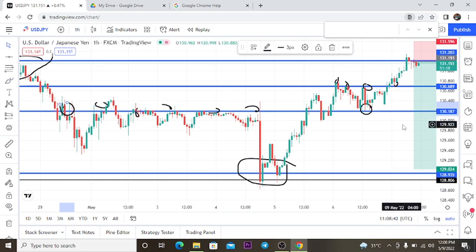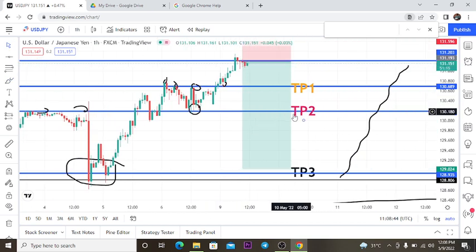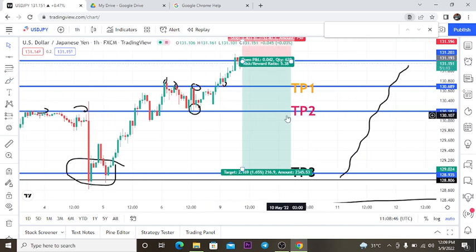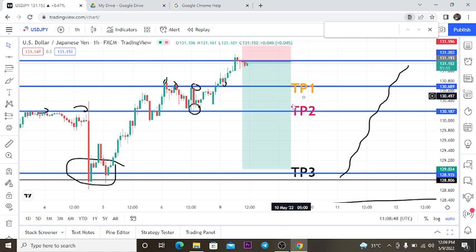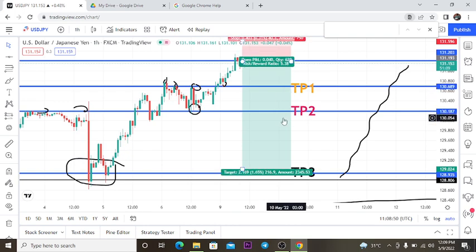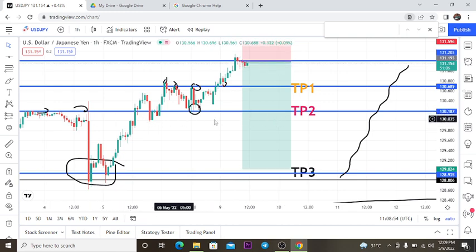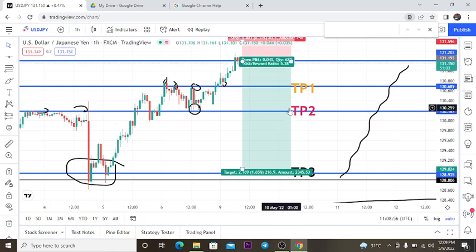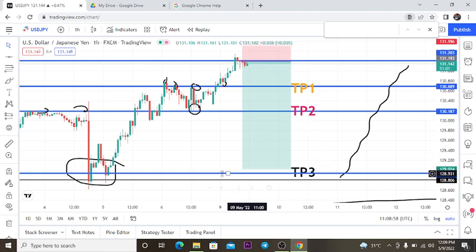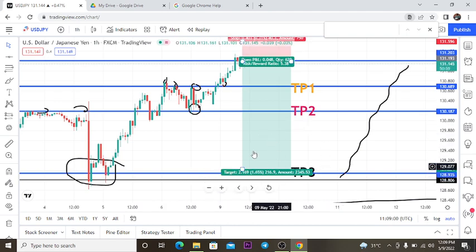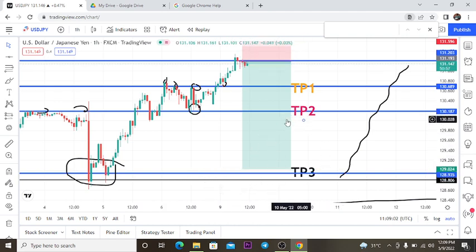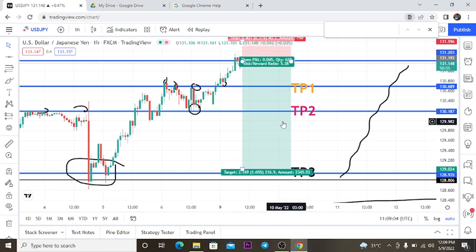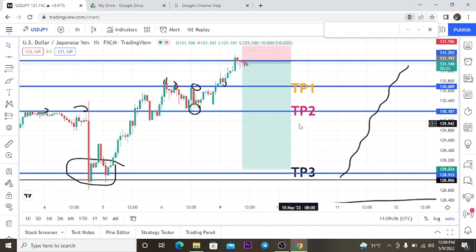I'm monitoring this line. When the price comes and triggers our take profit 2, we are going to be stacking in more trades, because if the price breaks this line and pushes down, our next target is our TP3. That's the next movement. So we are going to stack in more trades, like 2 or 3, 4 trades here, in order to maximize our profit.